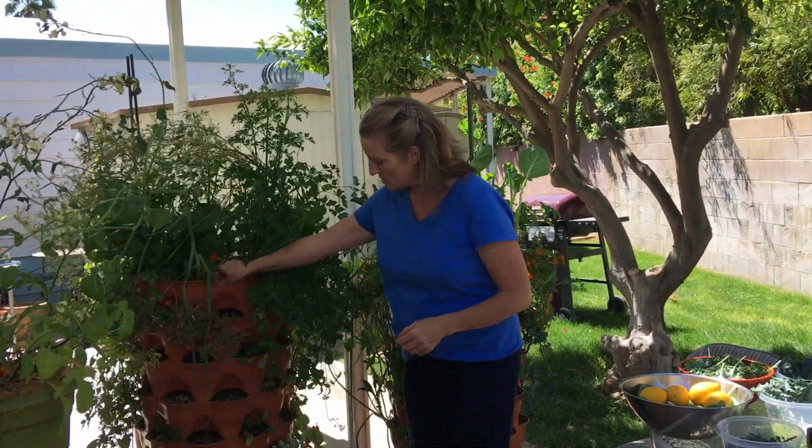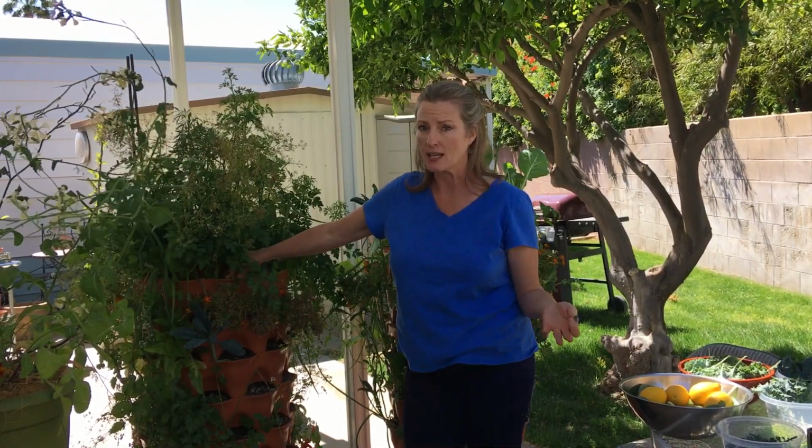So, yeah, this is what it's looking like now. We're going from cool season vegetables into warm season vegetables. But the thing that I have to decide now with my little garden, which is what you're going to have to decide, is is it worth it here in the Coachella Valley to let things grow throughout the summer? A, it depends on what kind of system you have. B, if you're going to be here all summer to manage it. C, is it worth the water that it's going to take to support that, and worth the labor of you running around trying to keep things shaded enough, or me trying to roll my gardens in and out of the sun and the shade? I'm struggling with it,